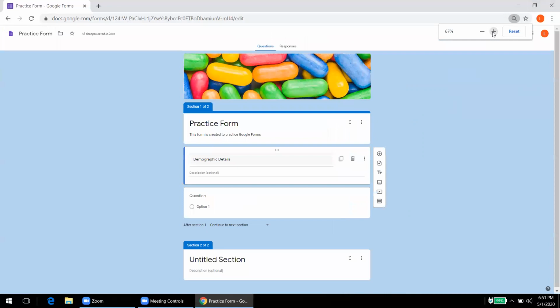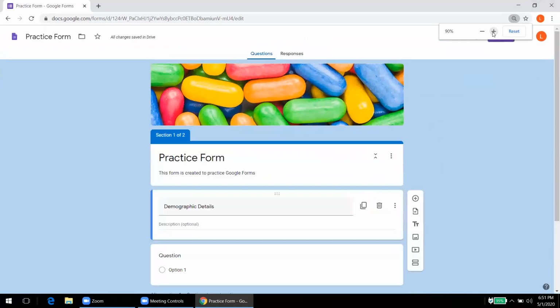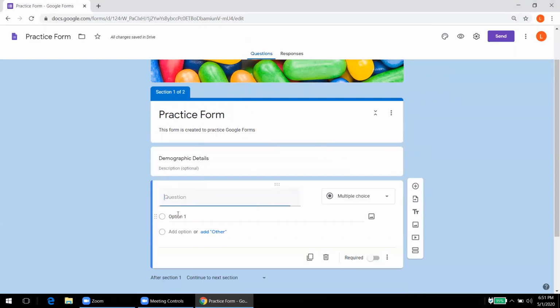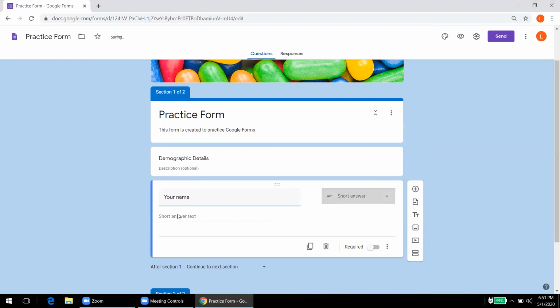Okay, so the screen has, I'll have to zoom it again. Fine. Now in demographic details, generally the first thing which we ask is the name. So we can write here, your name. Now see, Google Form has automatically detected that this will be a short answer type of question, that is your name. So the student will write their name here,